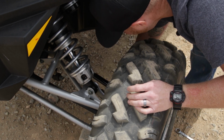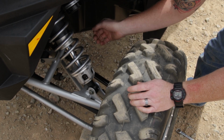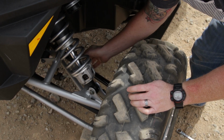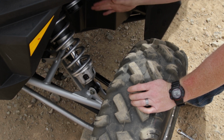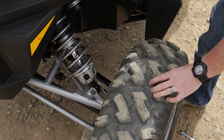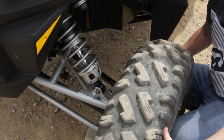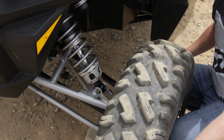And again, we're just going to screw out on this. What this is going to do is pivot the tire out just slightly, and we'll just do one turn at a time on both sides. So what we do on one side, we want to make sure that we do on the other side, just so we have it equal. And at the same time, make sure that your steering is straight, because you want to make sure that steering wheel is straight. Now that we got our adjustments correct, and I'm measuring the same distance on the front and rear tire,